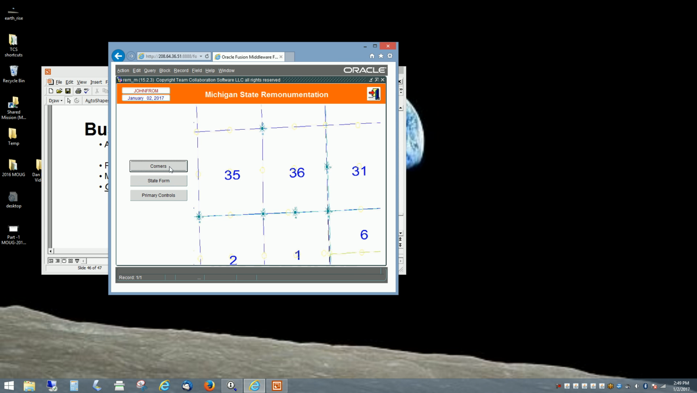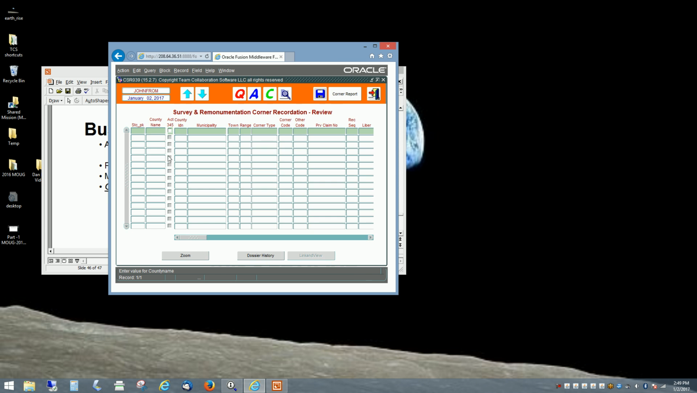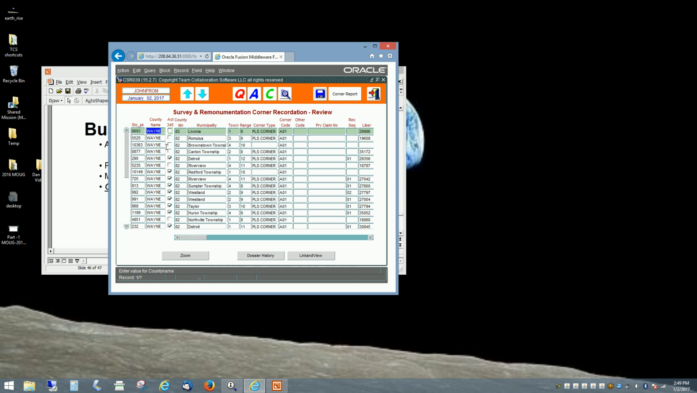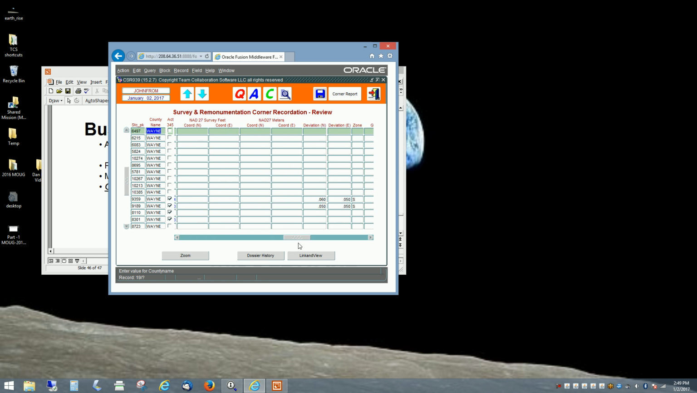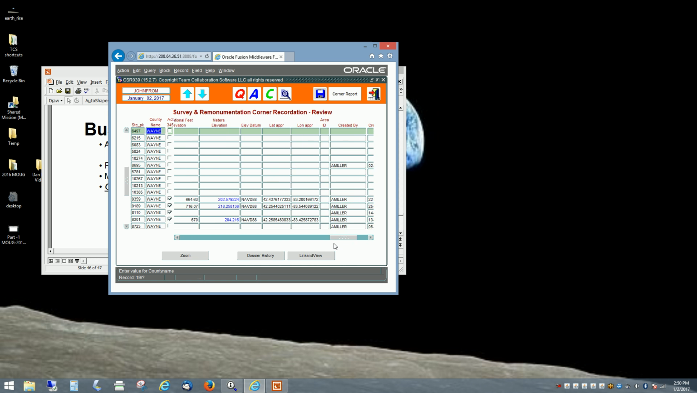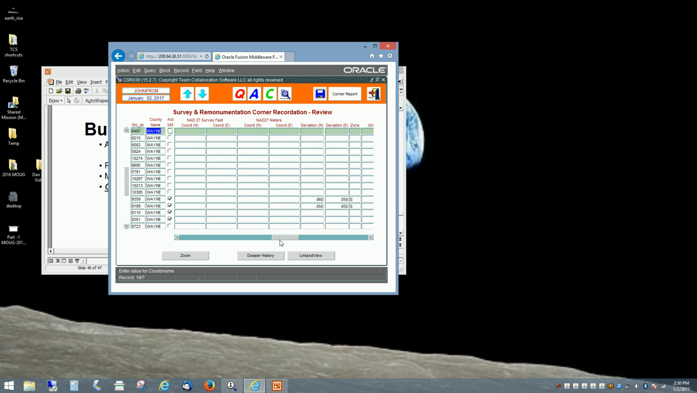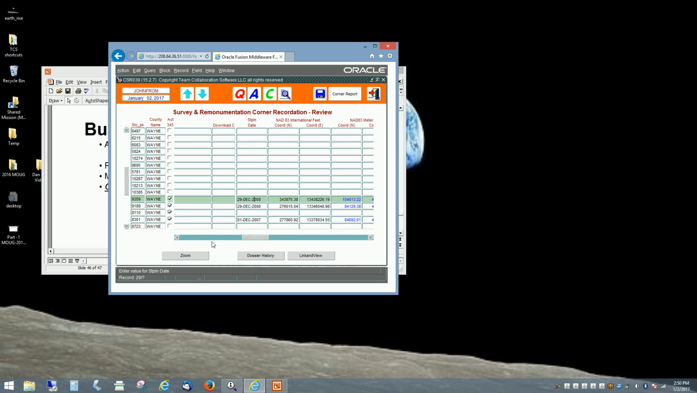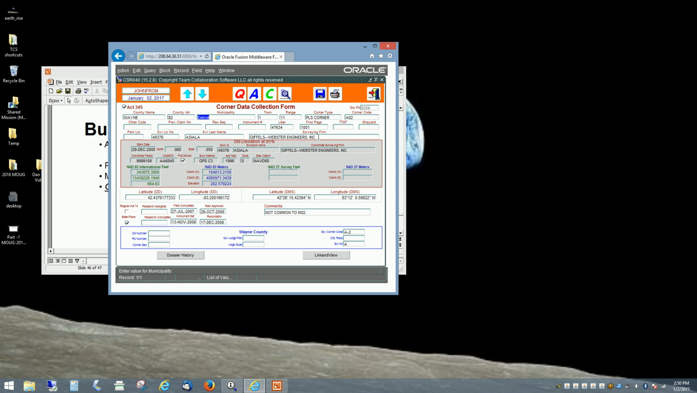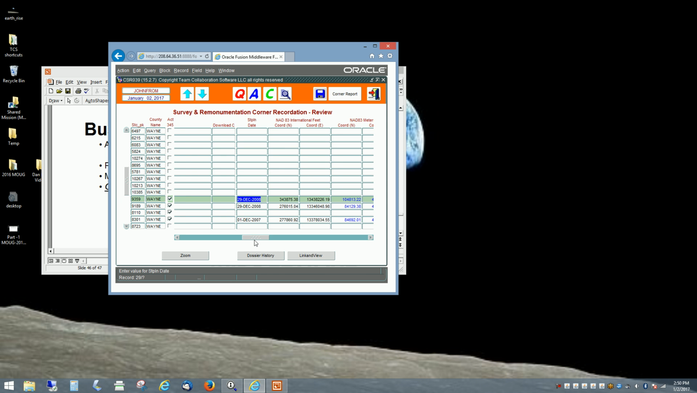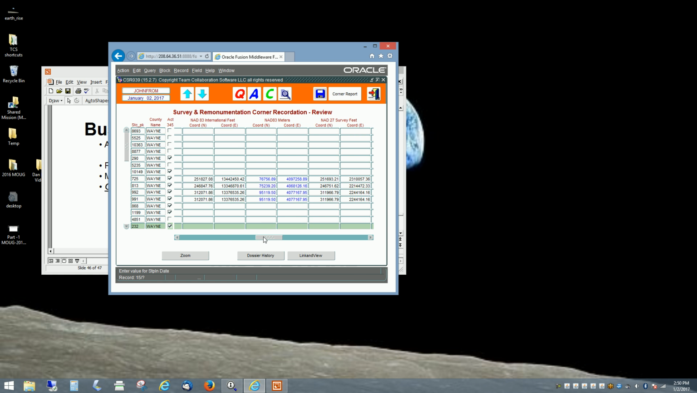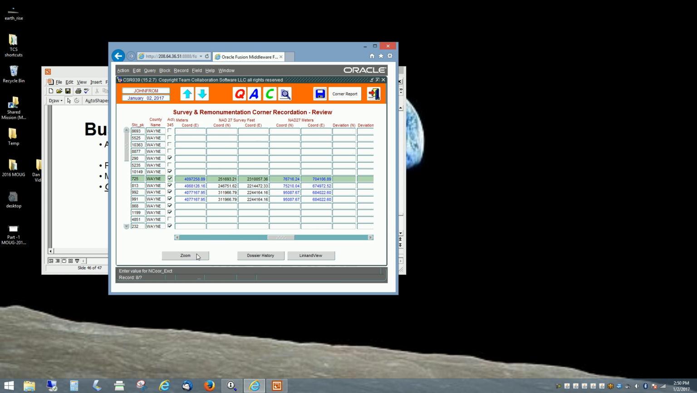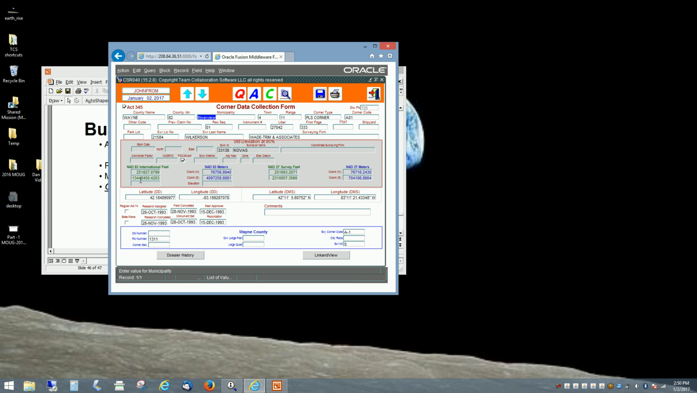So the state corners can all be viewed, and there's information that all can be queried, and we can look at it in the state format if we want. So here's the state form. If we look at one of these that's pretty complete, we have